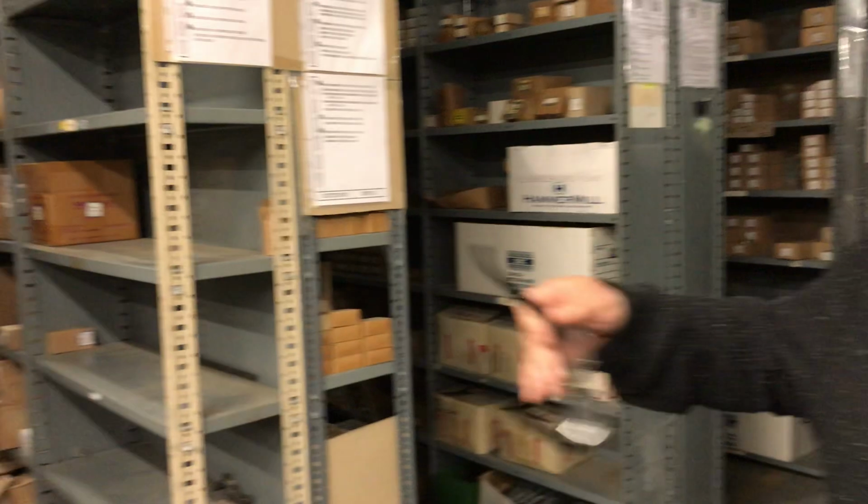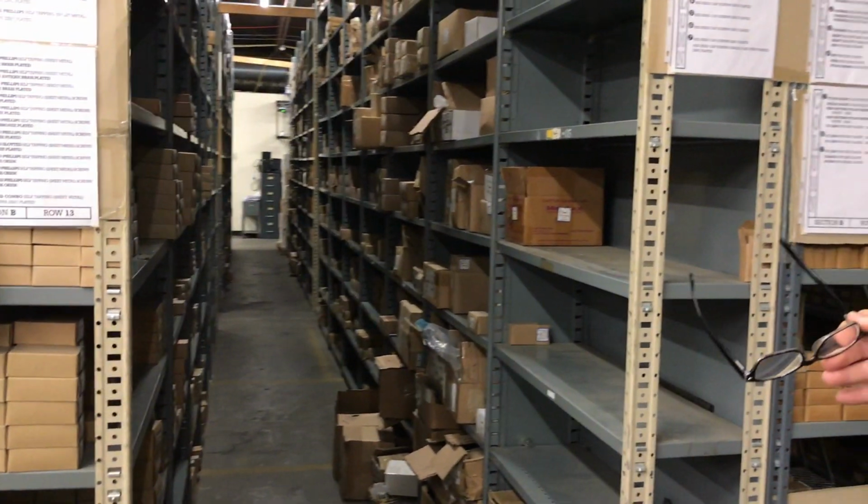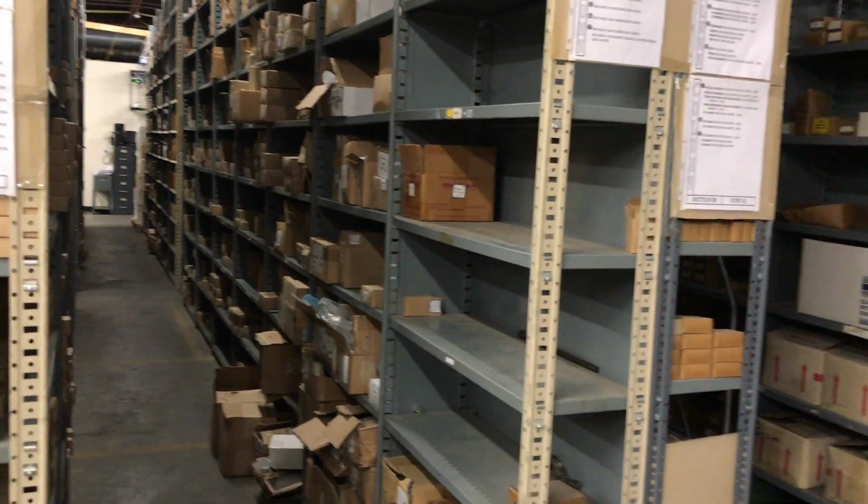This entire section here, we maintain. These are all steel, zinc-plated sheet metal screws, all Phillips drives and combo drives. When we first moved into this warehouse back in 2001, we were in Boston for 40 years. We moved here